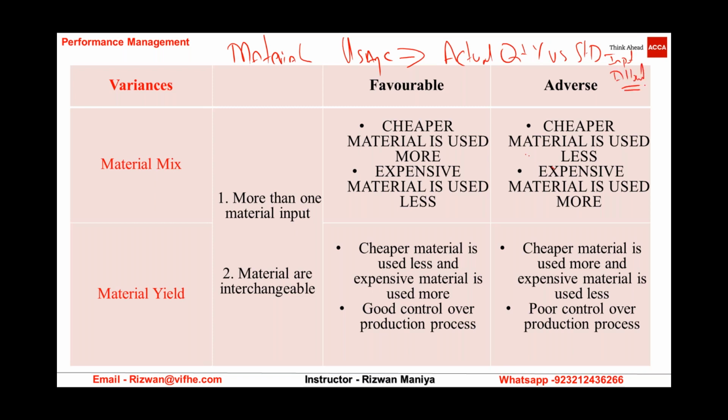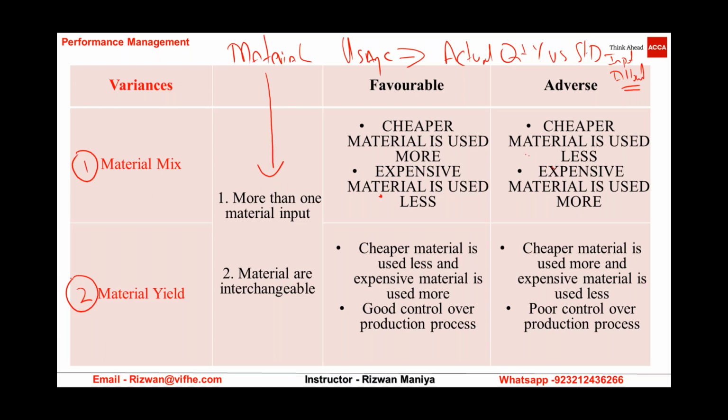So it's a comparison between what you should have used and what you have actually used. The difference between these two is usage variance. Usage variance indicates the difference between the quantity that has been used and the quantity that should have been used. So what we do is break this material usage variance down into mix and yield variance. But you need to understand very clearly, and for the objective test as well, that material usage variance